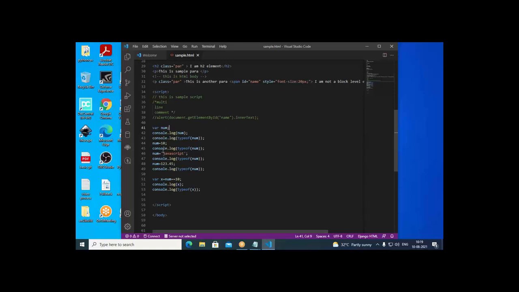Then I have written here num equal to 10. I'm assigning a value 10 to num. Then I'm writing console.log typeof num. So this time it says number. The type of data is numeric data, so it prints number. Then I'm changing num equal to JavaScript. Then again I'm trying to print it. It says in this case string. Then I'm changing num equal to 123.45. Then I'm printing here. It says in this case